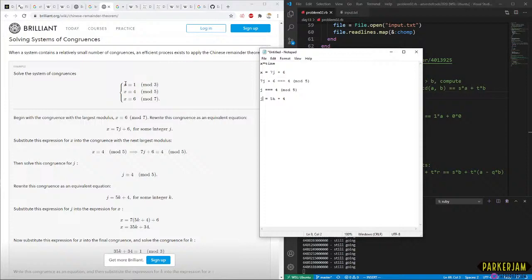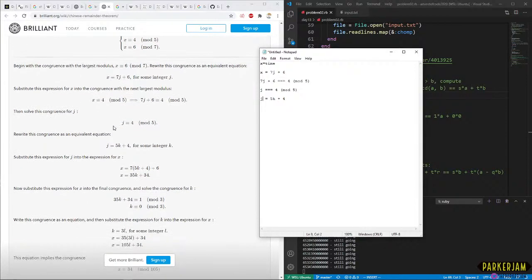I mean, wouldn't x also have to be, though? Because if x is congruent to 6 mod 5 and x is congruent to 4 mod 5, there's like a... And we're looking for the same x. That has to be the same thing, right?